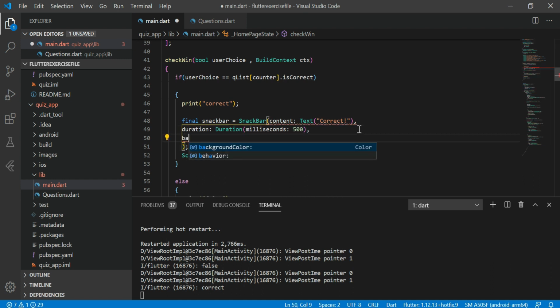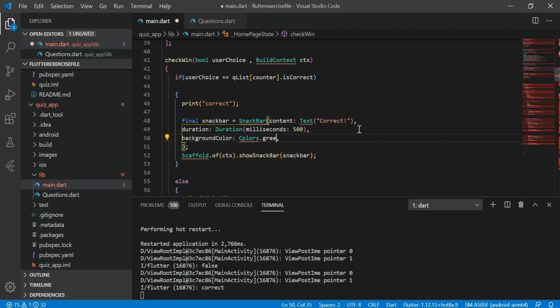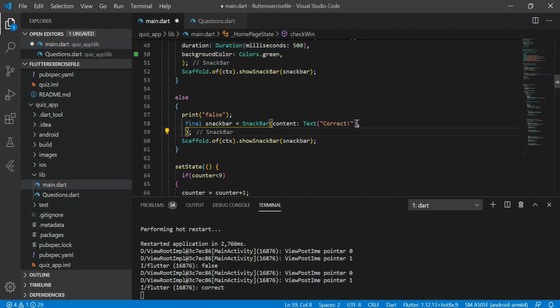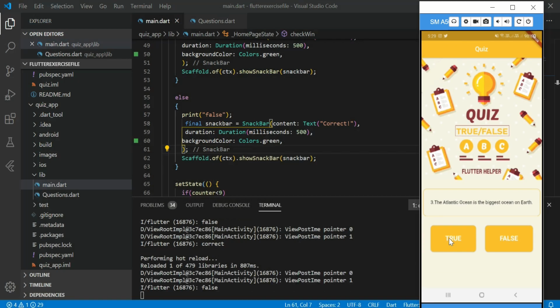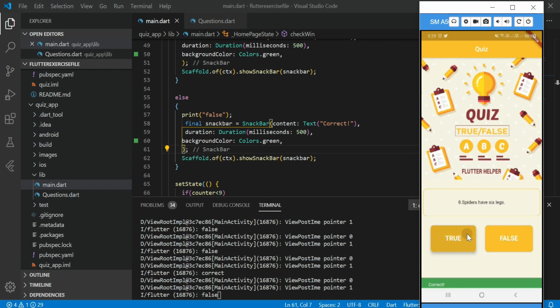For correct, we are using background color as green. And copy paste this same property inside the incorrect part. True, correct.